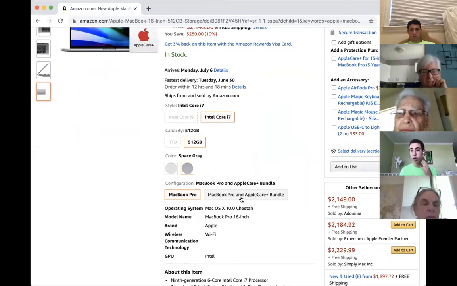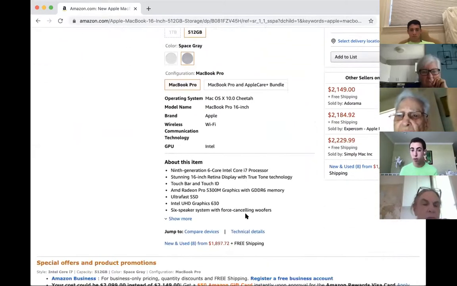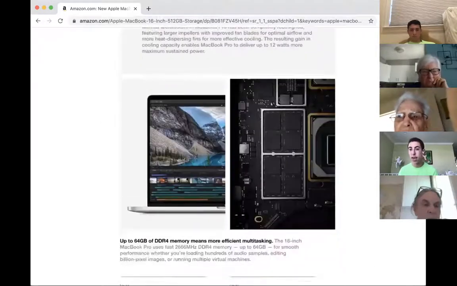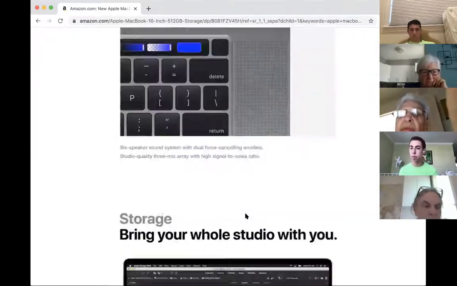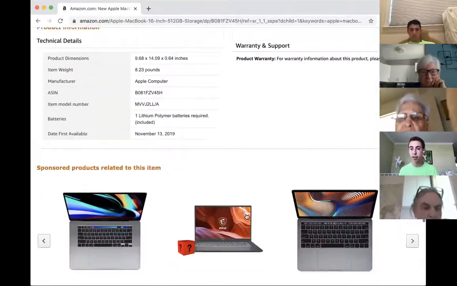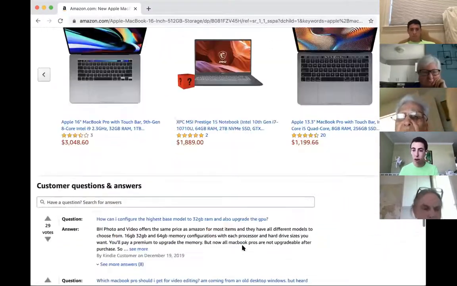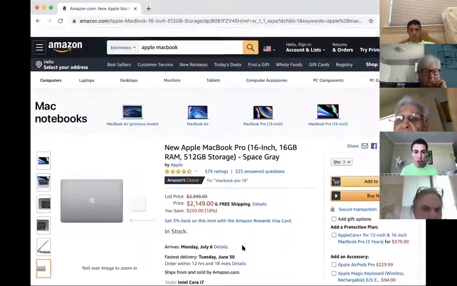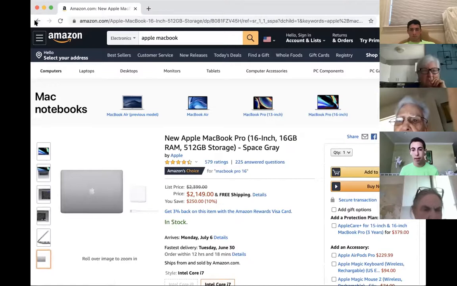And you can keep scrolling and you'll get reviews from customers if you want to read even more. And also here's more details about the device. So Amazon puts everything into one place, and after you click on something, you'll be able to see all the details and make sure that this is the device that you want, and then you can go forward with the purchase. So Joe, if we go back up,